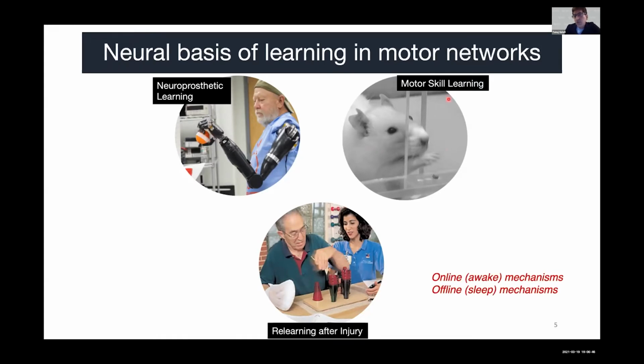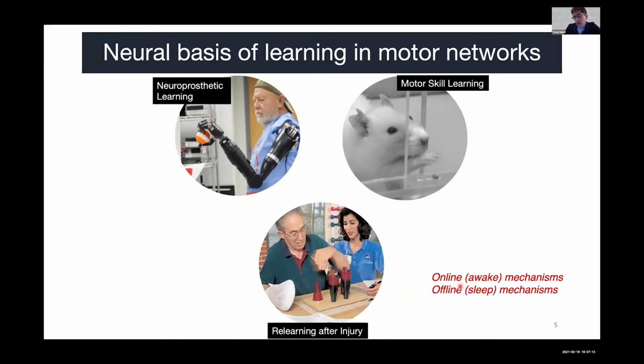Then we also look at motor skill learning with the overt limb, where you're actually using your limb. In this case, I'm showing a reach-to-grasp task in which the rodents learn to use their limb, either the left or the right, based on handedness, to pick up a sugar pellet. And we are doing both these tasks in rodent and human subjects when they're trying to relearn after a stroke-like injury.